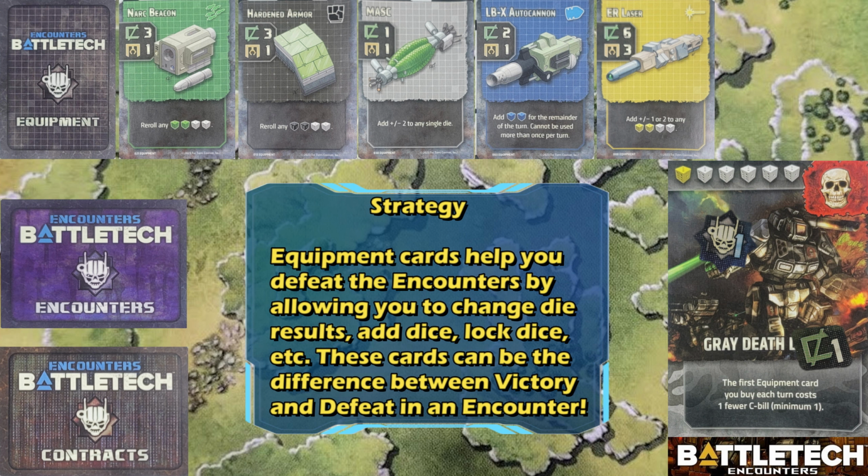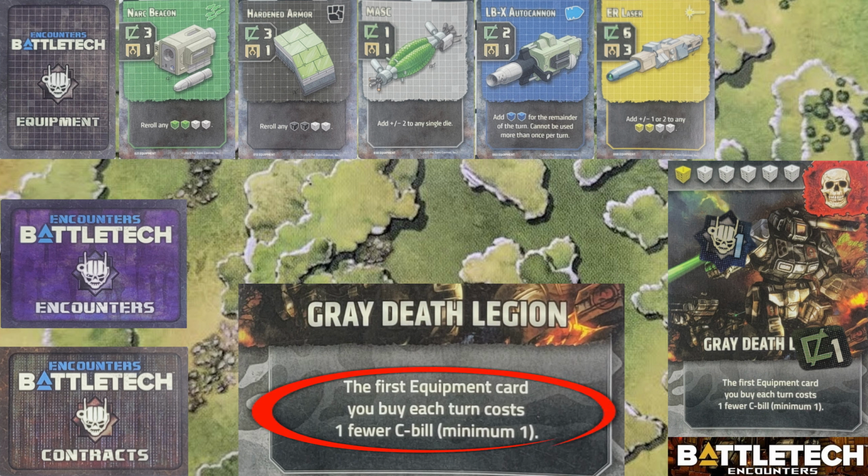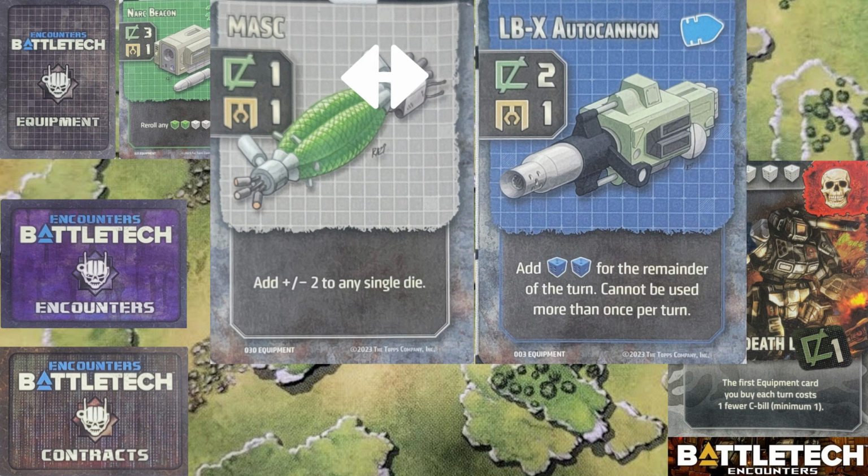Before you reveal the contracts for your turn, you'll be able to purchase equipment on the black market. Most of these items are out of your price range, but now is when you get to take advantage of the Grey Death Legion's special ability. The first piece of equipment you buy in a turn can be reduced in cost by 1 C-bill down to a minimum of 1. So in this instance, your 1 C-bill is enough to acquire either Mask or the LBX